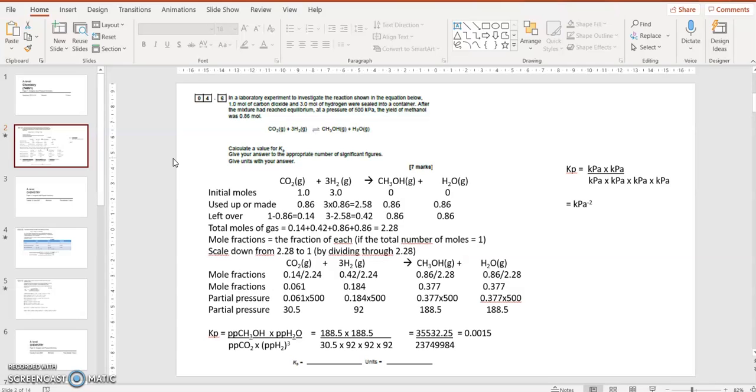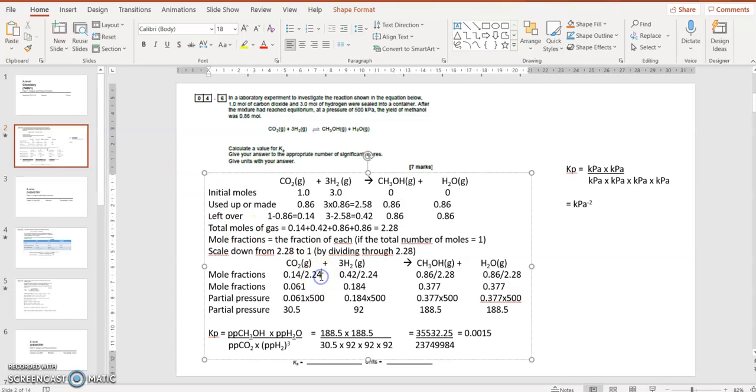If I scale down everything by 2.28, my mole fraction of carbon dioxide, 0.14 divided by 2.28, is 0.061. Similarly, 0.42 divided by 2.28 is 0.184. 0.86 divided by 2.28 is 0.377, and similarly for the water. Now I've scaled it down, so the total number of moles in the mixture is 1. They are called mole fractions: 0.061, 0.184, 0.377,